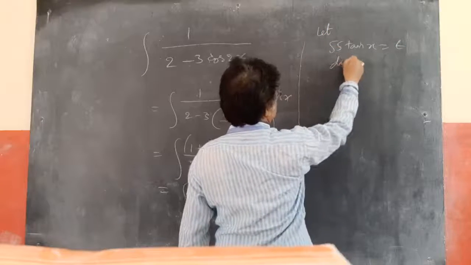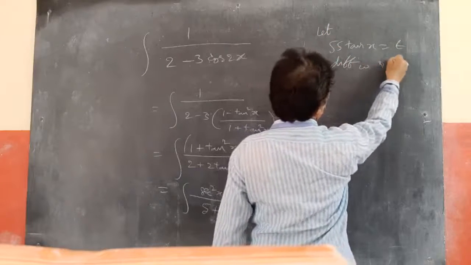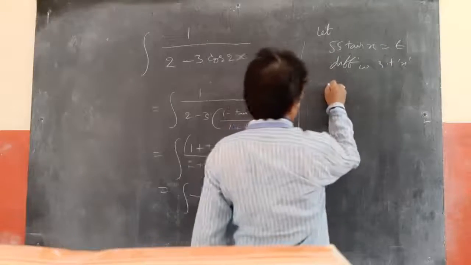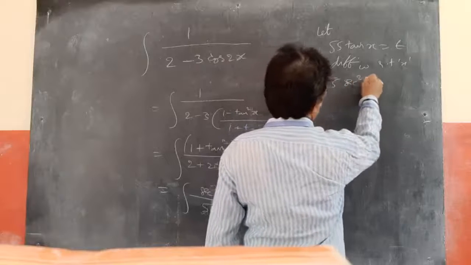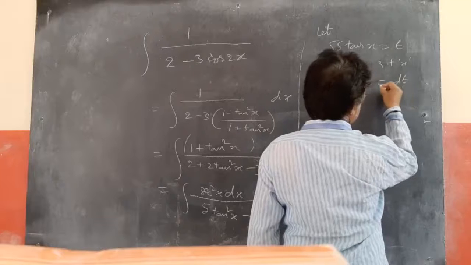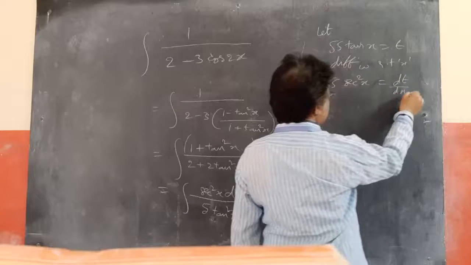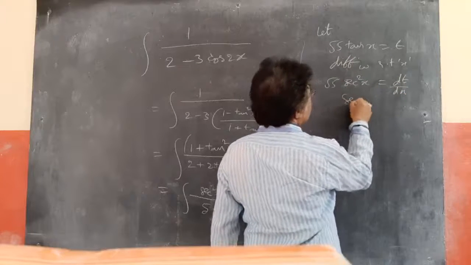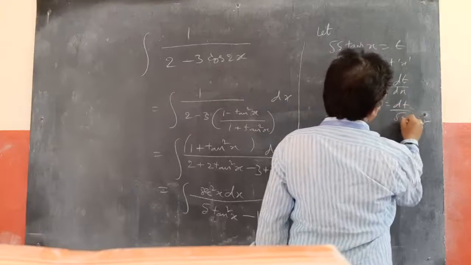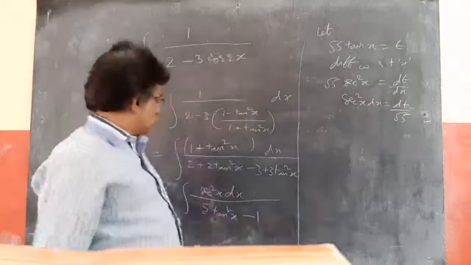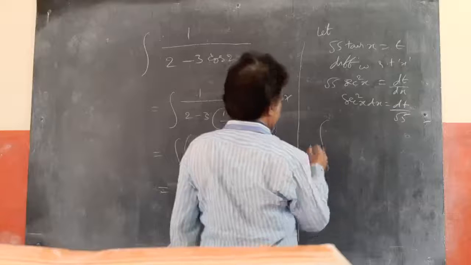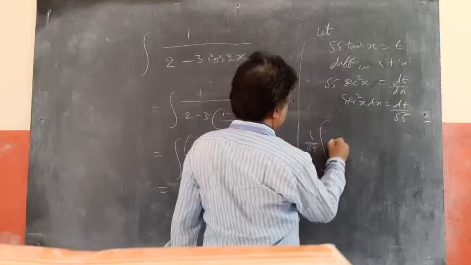Differentiating with respect to x, what happens? Root 5 into derivative of tan x, secant square x dx, equal to dt. Means derivative of t is dt by dx, that's what I want to say. Bring dx to this side, root 5 to that side. Becomes secant square x dx equal to dt by root 5. So in place of secant square x dx, I can write dt by root 5. So 1 by root 5 outside, dt by